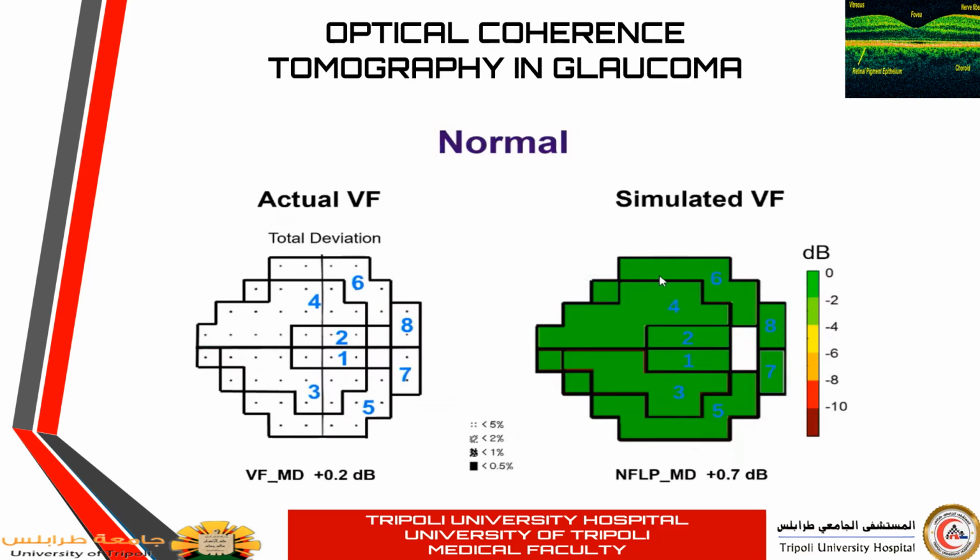Here in this slide, you can see how the simulated visual field appears as compared to the actual visual field, which shows the total deviation and the different areas and the sensitivity in decibels. And the simulated visual field is based on the mean deviation of the nerve fiber layer plexus capillary density plexus. And the color code, you can see, this is the color code that is used to show if there is